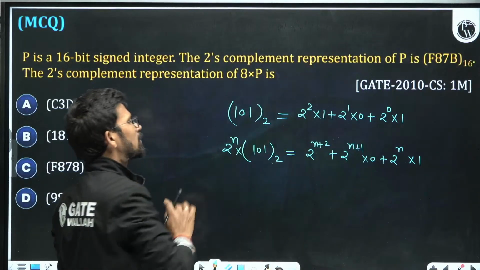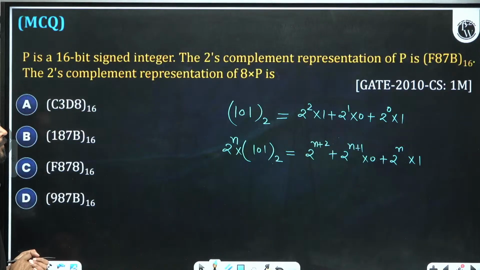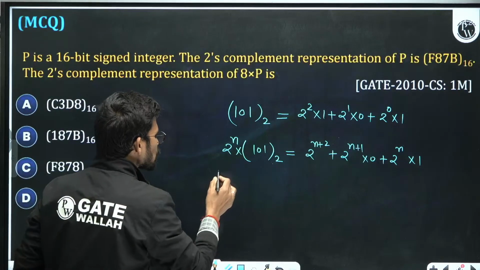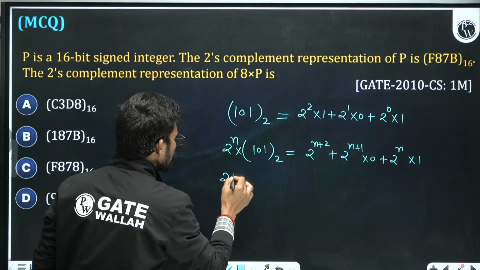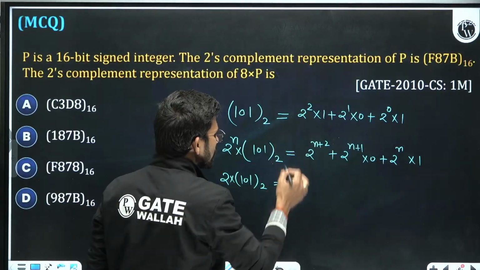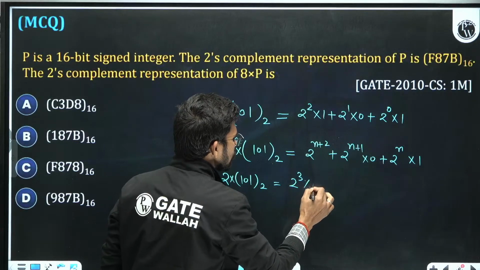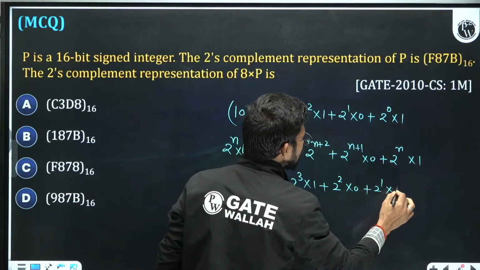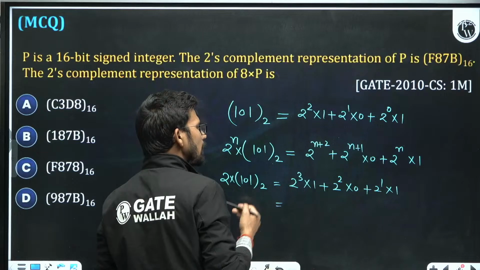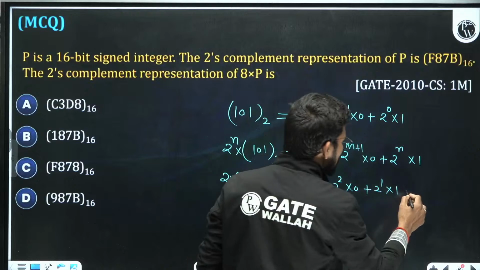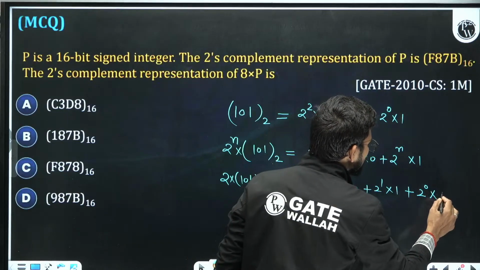How can we write this number? Suppose this 2 to the power n is nothing but 2. Then 1, 0, 1, times 2 will become 2 to the power 3 into 1 plus 2 to the power 2 into 0 plus 2 to the power 1 into 1. If you calculate this number, this is 2 to the power 3, 2 to the power 2, 2 to the power 1. You can write 2 to the power 0 into 0 because